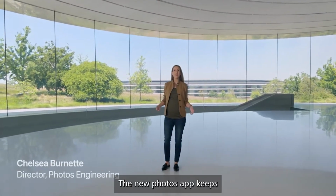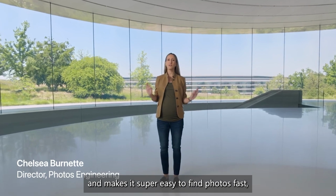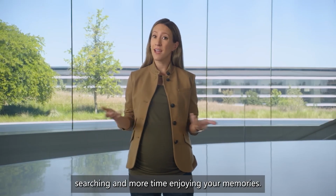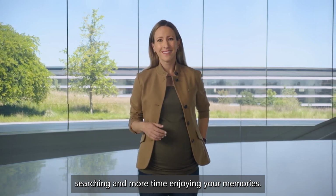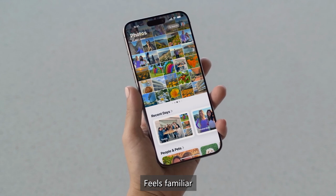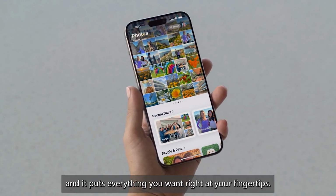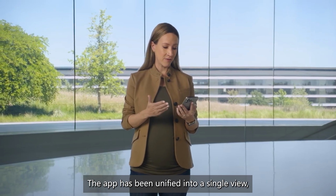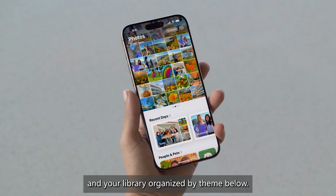The new Photos app keeps your library organized and makes it super easy to find photos fast. So you can spend less time searching and more time enjoying your memories. Let me show you. This new design is gorgeous, feels familiar, and it puts everything you want right at your fingertips. The app has been unified into a single view with the photo grid at the top and your library